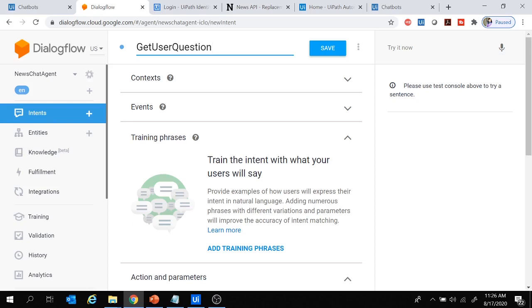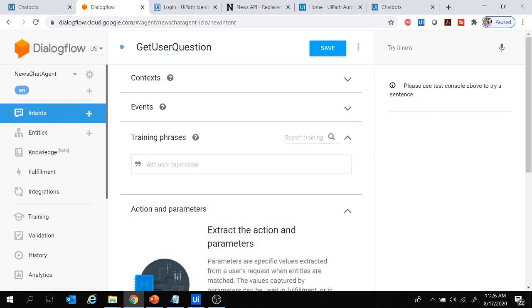And again, for this intent as well, we'll provide some training phrases for what a user might say. So let's click on add training phrases and let's begin to add the training phrases. Now, since this is a news chatbot, the user might ask to provide some news. So let's add the training phrase as